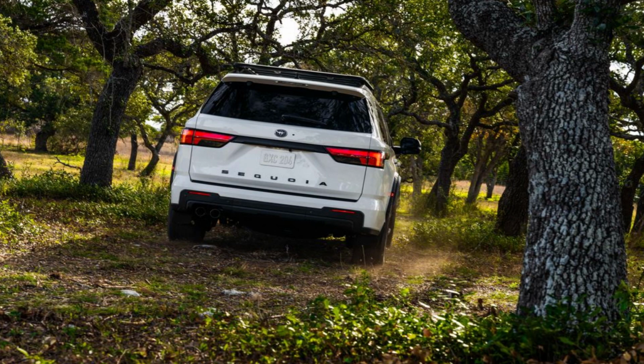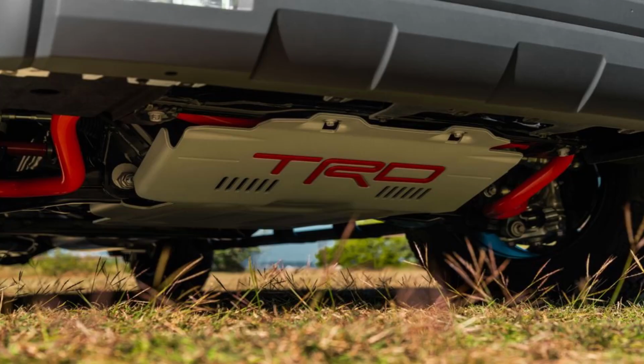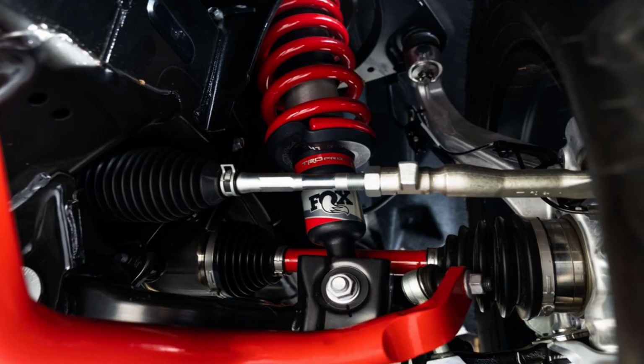But I guess the thing that I'm most excited about spec-wise with the new Sequoia is the TRD Pro, right? This TRD Pro is going to be identical to what you have on the Tundra, but it's going to be a third-row SUV. And so, not only does it look really cool, but it's going to be super practical from an off-road perspective. And it sounds like Toyota's going for this kind of new theme with their lineup where, obviously, there's a lot of similarities with all of the vehicles, but it's not like they're bad similarities. So I think that Toyota's doing a really good job, and I'm excited to see where the brand goes